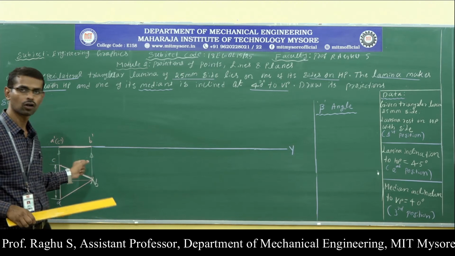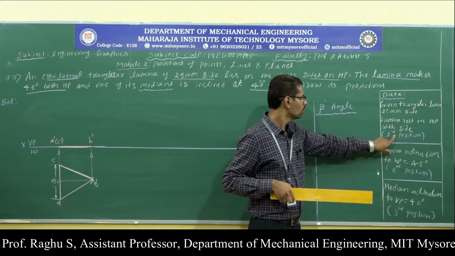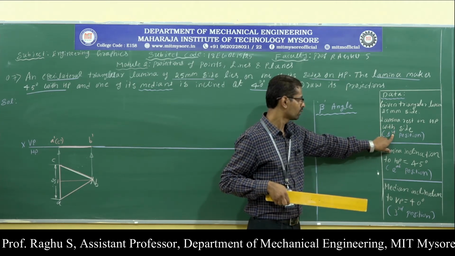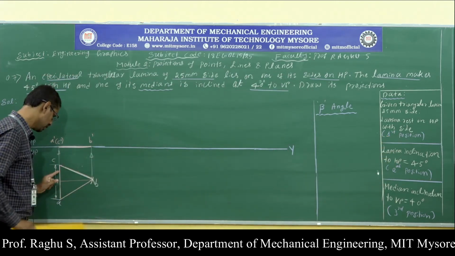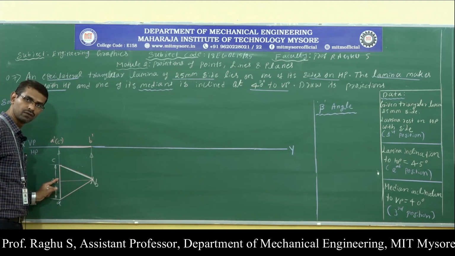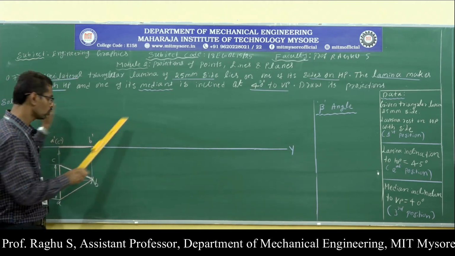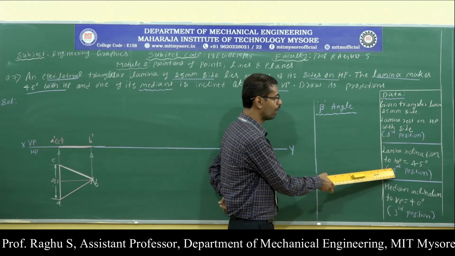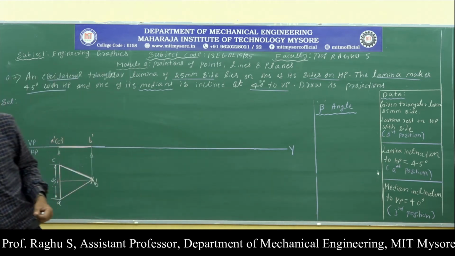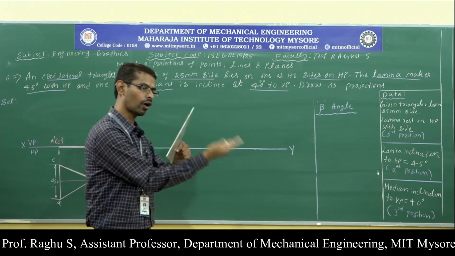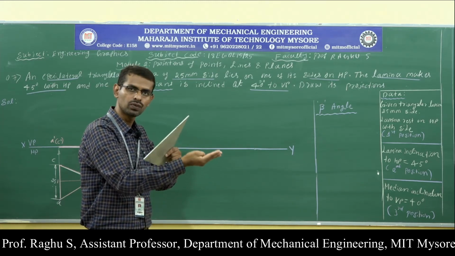To write the first position, top view and front view, I need just this data. The given lamina is a triangle of 25 mm side, and the lamina rests on HP with one of its sides. So construct the triangular lamina by placing the resting side towards your left side. Next, the lamina inclination is 45 degrees. To draw the second position, I need this one: the lamina inclination with respect to HP, that is 45 degrees. Is the lamina inclination visible in the front view or top view? This is the horizontal inclination. The HP inclination is visible in the front view.